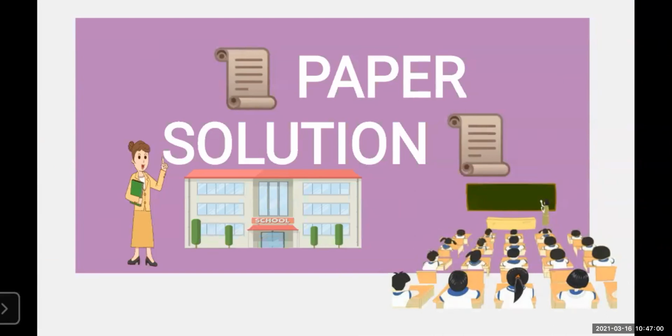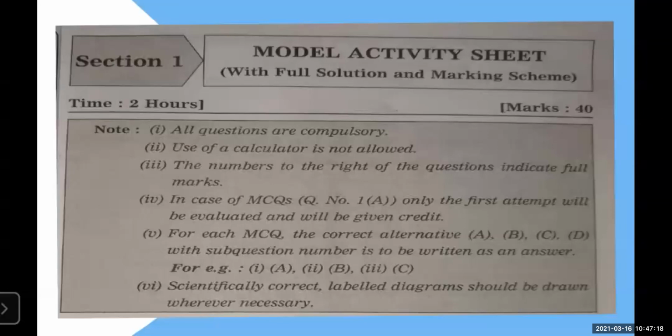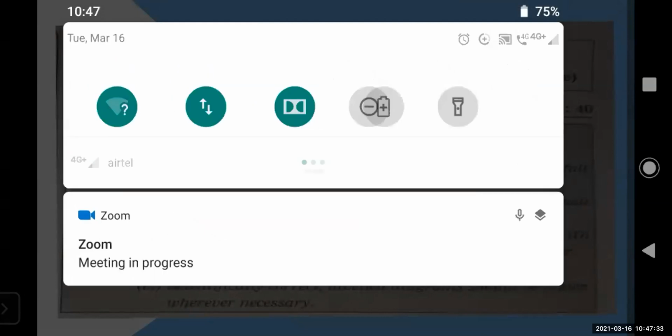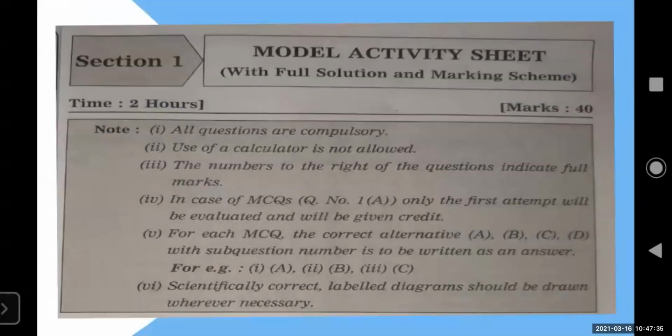You must be knowing, you have attended so many lectures, special guidance lectures done by our MCGM department also. So one model paper we are going to discuss for Science 1 today here. Okay students, first of all, whenever you get your prelim exam or board question paper, this note will be given. And as you know, your paper will be for 2 hours, for 40 marks, and you will get the note.